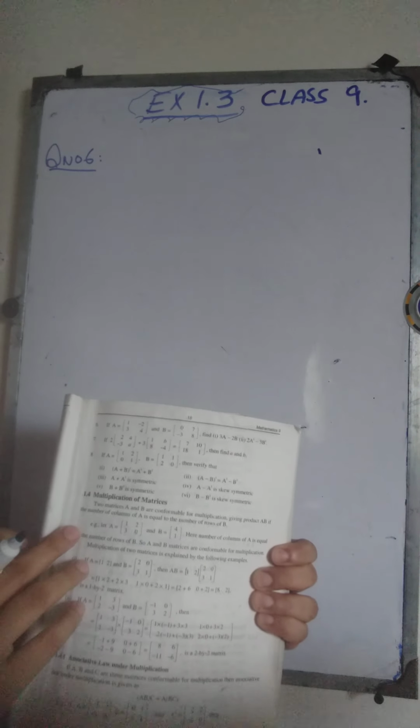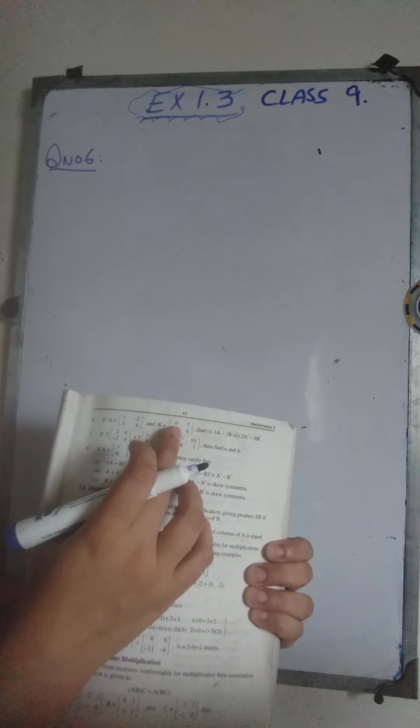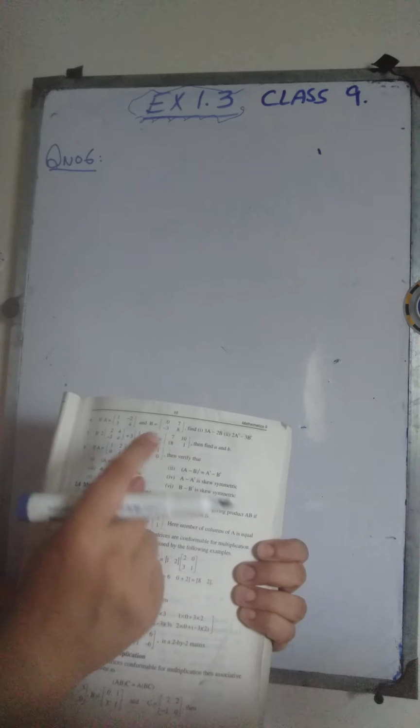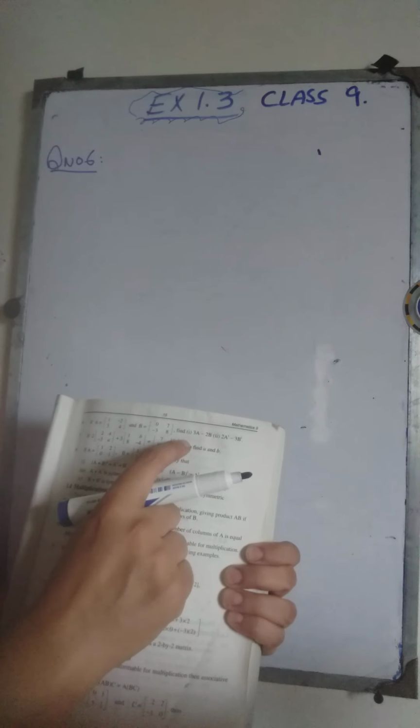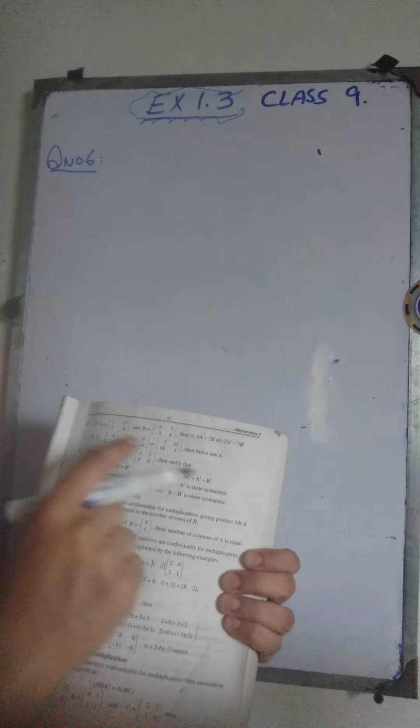Now coming to question number 6. In question number 6, you are given the matrices. Matrix A is equal to 1, negative 2, 3 and 4. Matrix B is equal to 0, 7, negative 3 and 8. You have to find 3a minus 2b and 2a transpose minus 3b transpose. Okay, you have to find this. The first part is simpler. I will calculate the second part for you because it has transposes also in it.